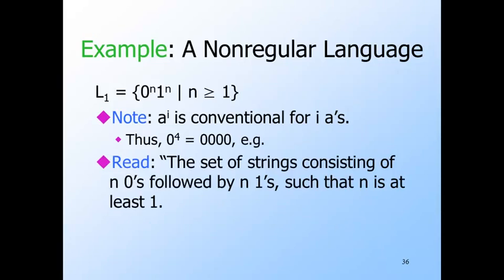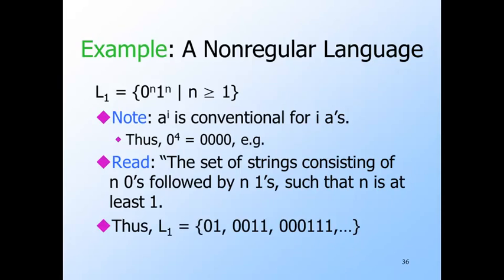Thus, we read this set former as 0 to the n, 1 to the n, such that n is equal to or greater than 1, or more verbosely, the set of strings consisting of n zeros followed by n ones for some n equal to or greater than 1. The strings of the language L1 are thus 01,